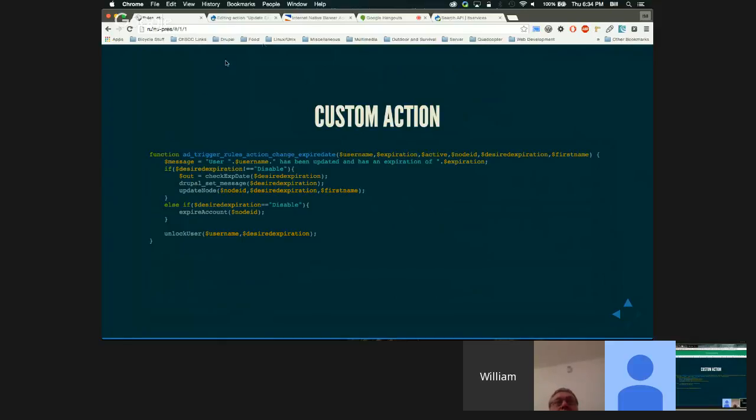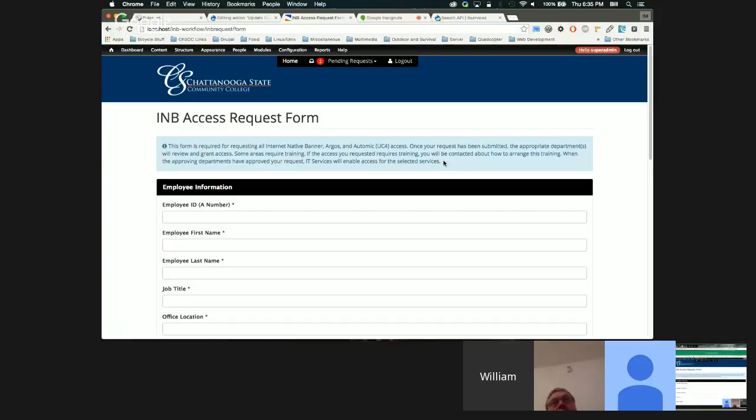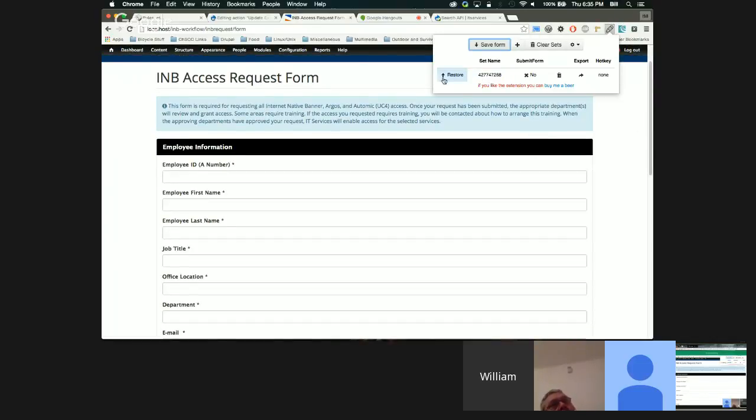But then the other thing that we're currently working on, we have a lot of forms that we use that have some kind of workflow attached to them, an approval system. So this one, we're using flags and rules together to accomplish a task. This one has a lot of rules, but basically what it allows us to do is we can take this request form, and I'm going to cheat and fill it out